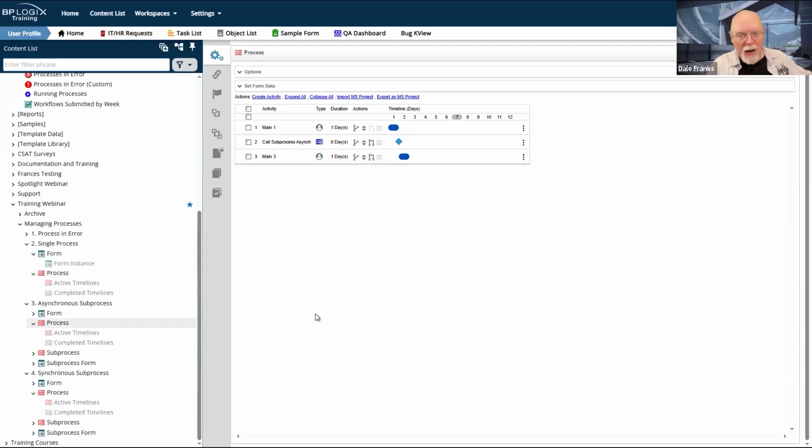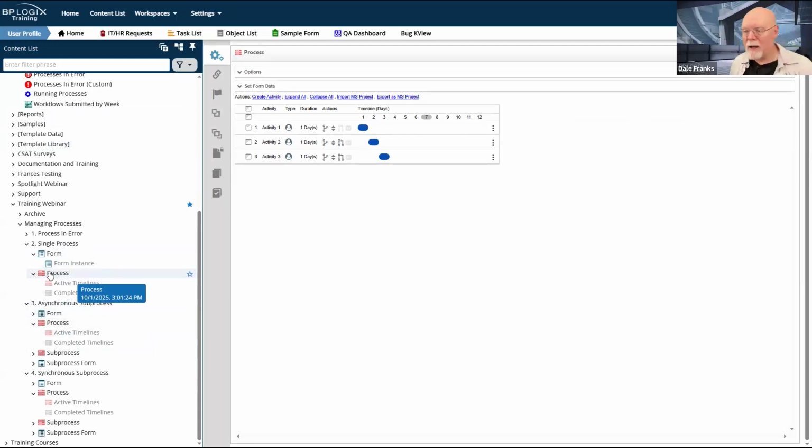And before we get into errors, let's talk about instances where you break our single process timeline. I've got three activities: activity 1, activity 2, and activity 3. They're all dependent on each other. There's no loop. This is a super simple process timeline activity.